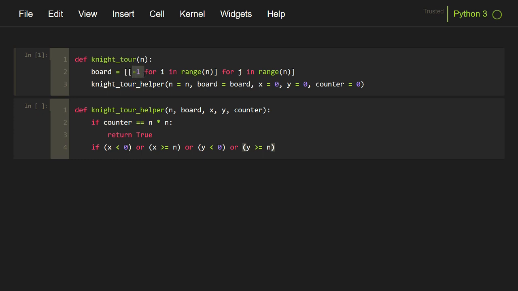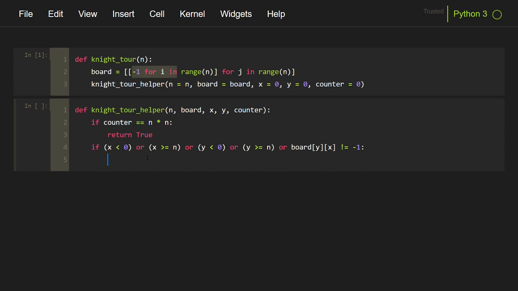If it has, then it is unvisited. So if board index y, x. Here note that we are not using x comma y, we are using y comma x, because y is the index for the outer list and x is the index for the inner list, like the inner elements. So if that is not equal to -1, we know that this cell of the board is already visited.